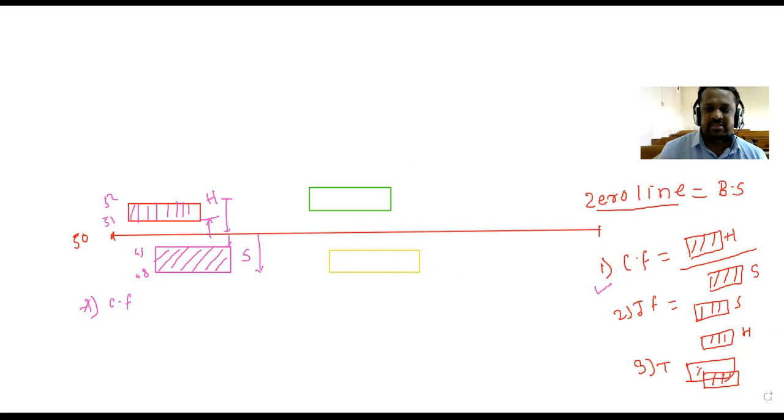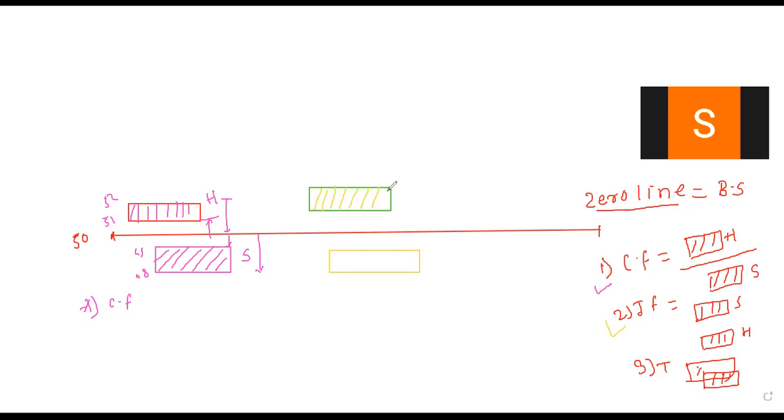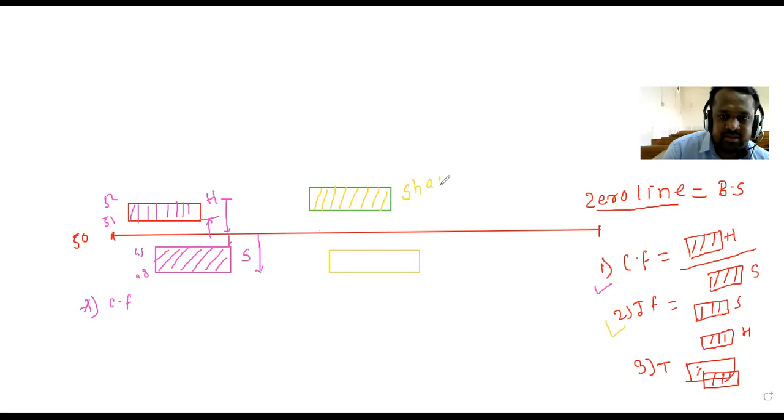Then tell me, what is the condition for the interference fit? See, this is the condition. Tell me whether this is the tolerance zone for the shaft or the hole. Shaft. See here, this is the tolerance zone for the shaft, and this is the tolerance zone for the